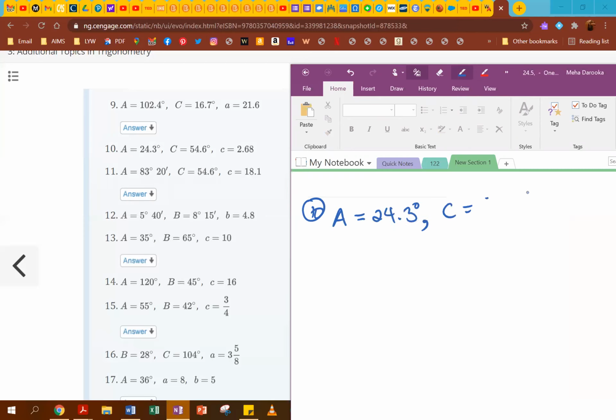Capital C is 54.6 degrees. And then side C, and I'm actually going to write it in this cursive format so you will be able to tell the difference between capital and small c. And this guy is going to be